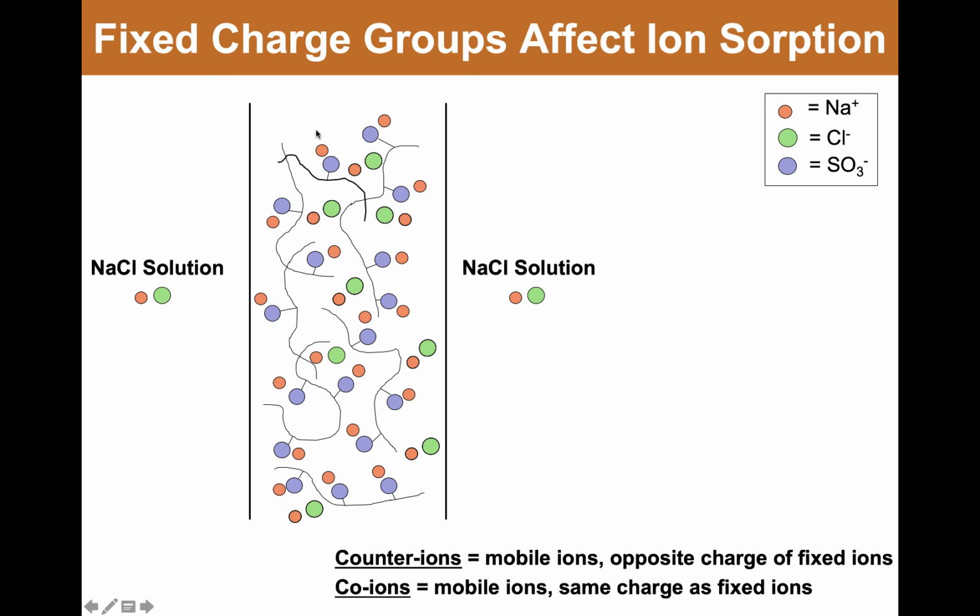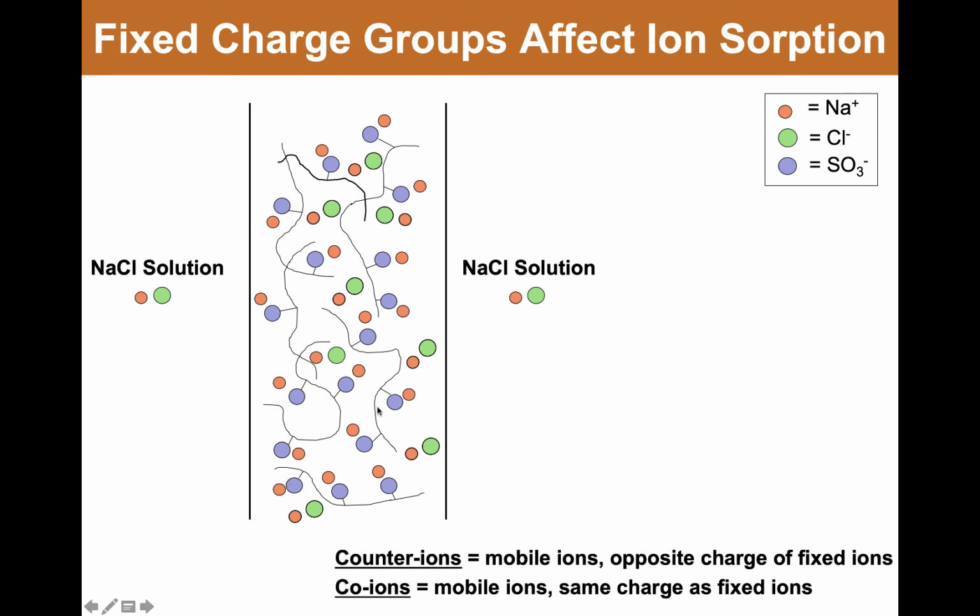And what you can see is that at equilibrium, there's going to be an awful lot more positively charged mobile ions, that is, ions that are not bound to the polymer backbone, in this membrane than there are negatively charged ions, and that's just to maintain electroneutrality in the membrane, so that the membrane has no net